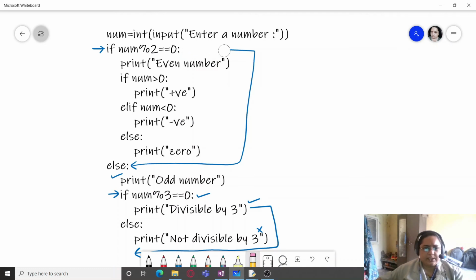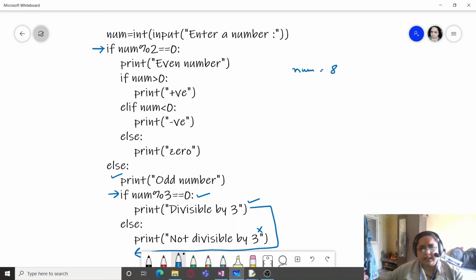Let's take an example and check. Suppose I have num as 89. Is the number divisible by 2? No. Come to the else part. Print first of all that it is an odd number. And then check whether it's divisible by 3 or not.